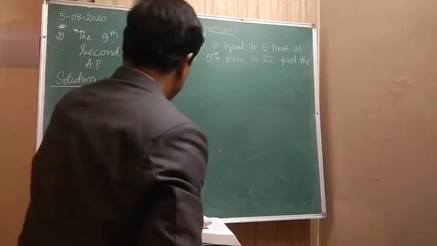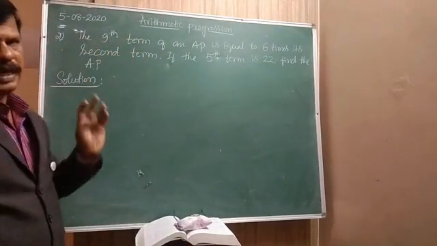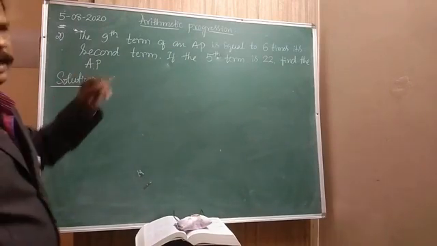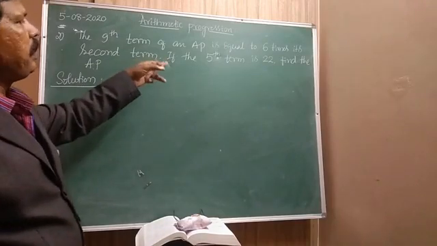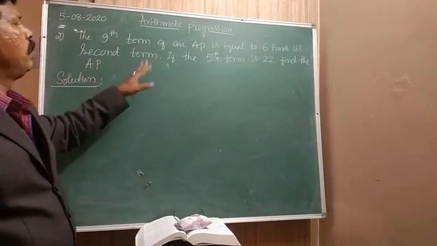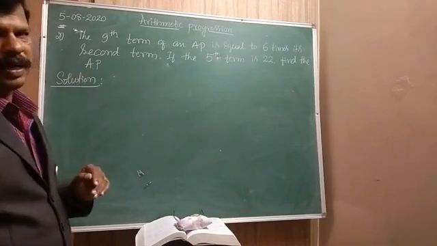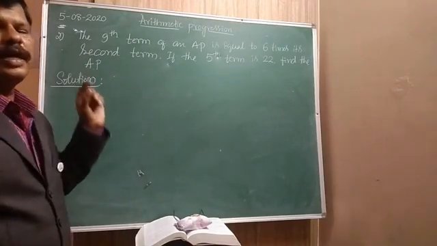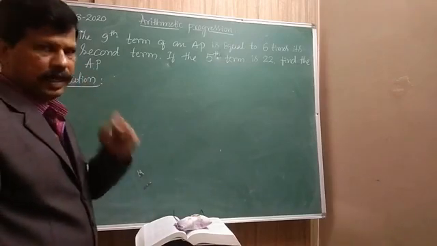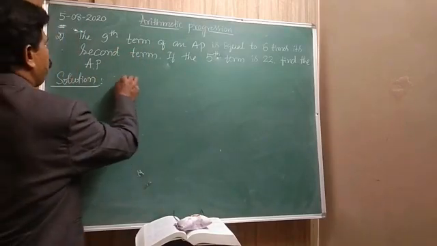Now here also, look at that. The ninth term of an AP is equal to 6 times its second term. If the fifth term is 22, find the AP. Now here also we have to find out the AP. To find out AP, first we should find out A and D using these two things. Okay. Now given,